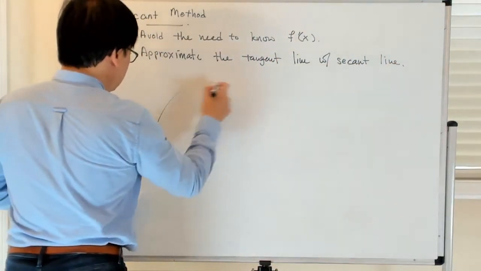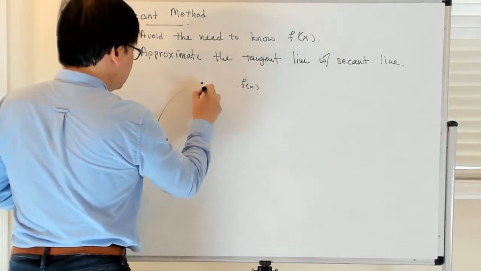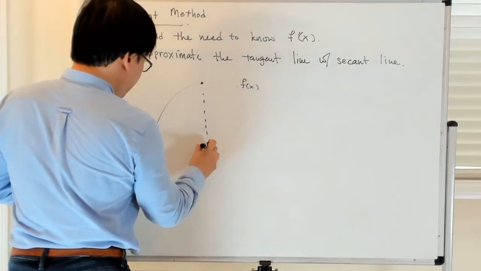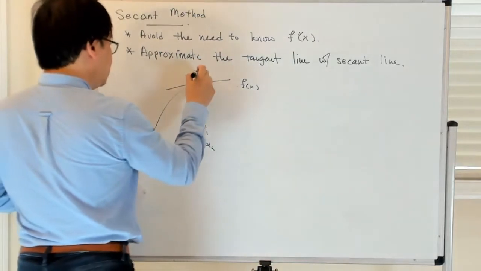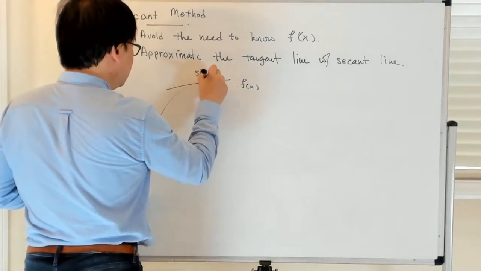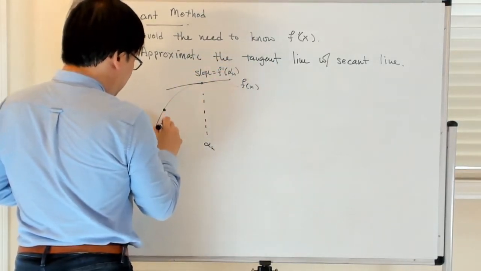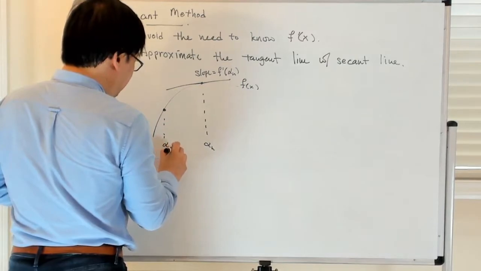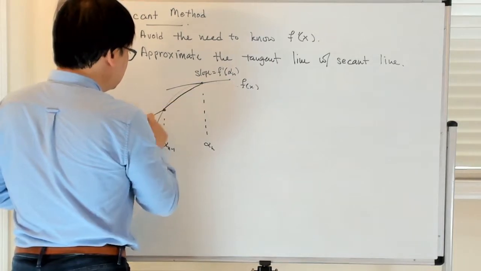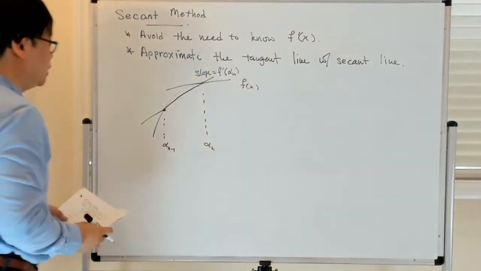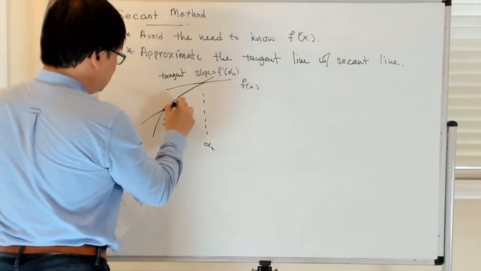So let me give you an illustration of this. This is f of x. Let's just say this is alpha n, right? So that would be the tangent, right? So the slope of the tangent line is equal to just f prime at alpha n. And then you could have a previous iterate alpha n minus 1, and you could have the secant line connecting those 2 points. Right, so this is the tangent, and then this is the secant,